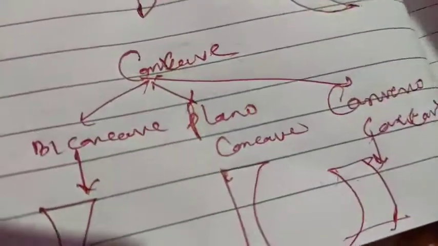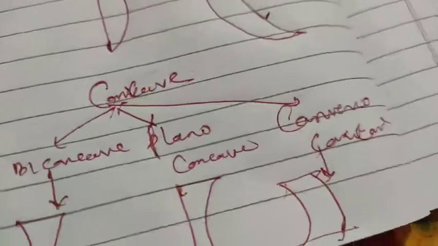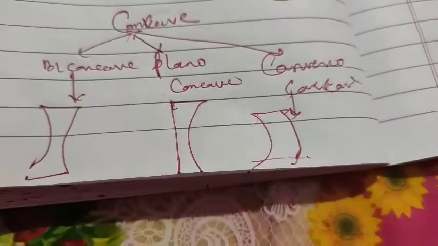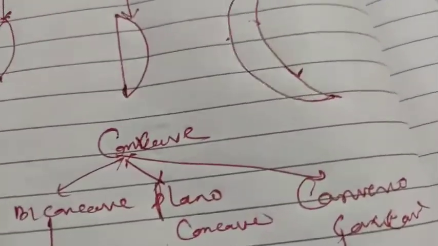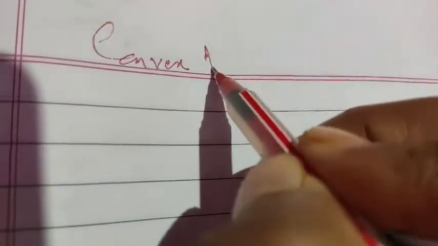But your focus should be on the, student, convex lens as well as concave lens. This is the part which you have to remember in the form of diagram only. Otherwise, the basic concept you have to remember for concave lens and convex lens. So let us start the topic related to first the convex lens. So what is the convex lens and how can we create the concept?